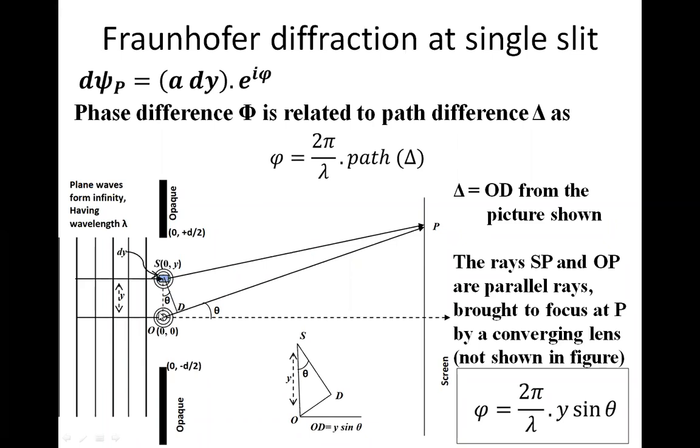You may immediately ask, why are you considering O? Because I said an arbitrary point, so I must have some reference now. I am choosing the central portion of the slit as my reference. If you dislike, you can take the edge of the slit also as reference. But the mathematics will be somewhat difficult compared to this. That's why I chose the central portion of the slit as my origin for mathematical simplicity.